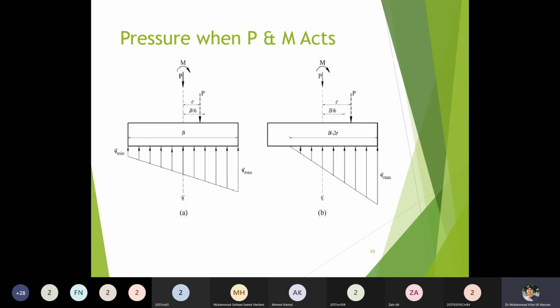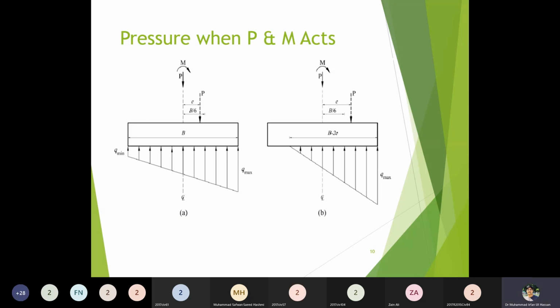इसको हम कर्न कहते हैं। अगर आपकी eccentricity less than b/6 है, like in the left hand case. अब left hand case में the load is acting on the right side, eccentricity right पे है, so pressure increases on the right hand side. But the point is that it will remain trapezoidal unless, for which point? So the pressure will remain trapezoidal unless the eccentricity is less than b/6. जैसे ही eccentricity increase करेगी,